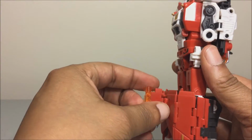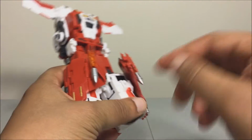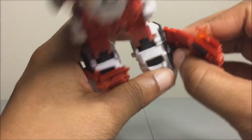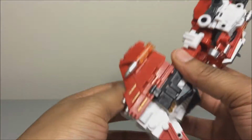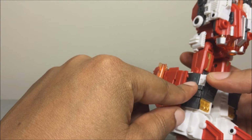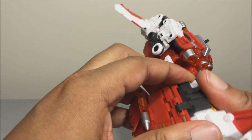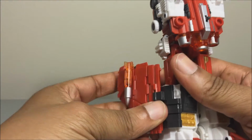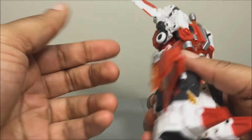So next what you're gonna do is go ahead and unfurl these wings from around his legs. So unpeg from right there, peg right there, peg right there. Unfurl that. Now what you can do if you want to, the whole wing assembly right here is on a sliding joint on his leg, and this is not in the instructions at all. It doesn't tell you to do this, but you can push it up, and it's pretty tight. Push it up, bring this out a little bit so you get some clearance to rotate the wing around and